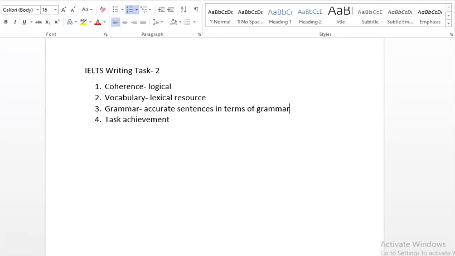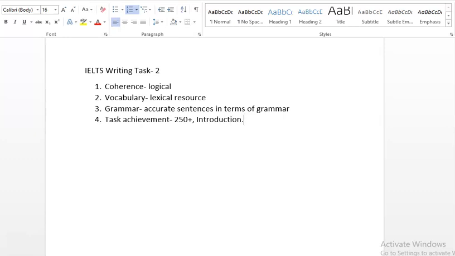Finally, task achievement. It indicates how many words you have written. I mean, the minimum number is 250. So have you written 250 words or not? Do you have a nice structure? Do you have a conclusion, introduction, all sorts of things? Introduction. So task achievement indicates